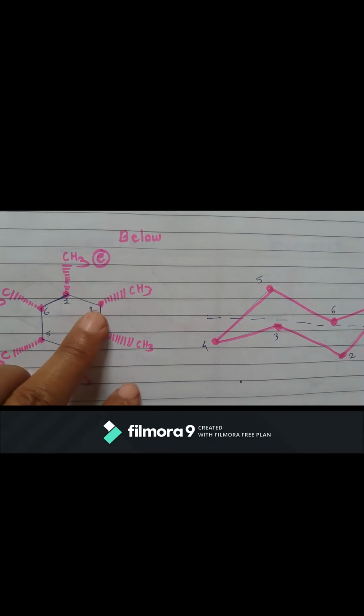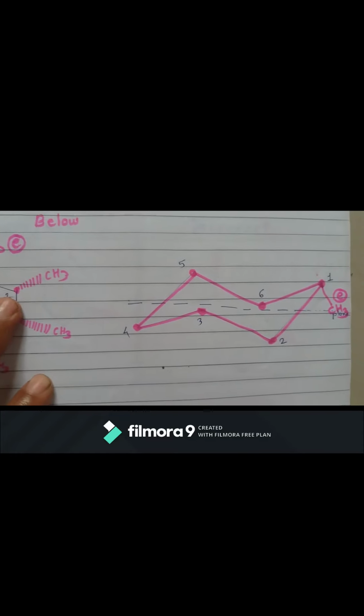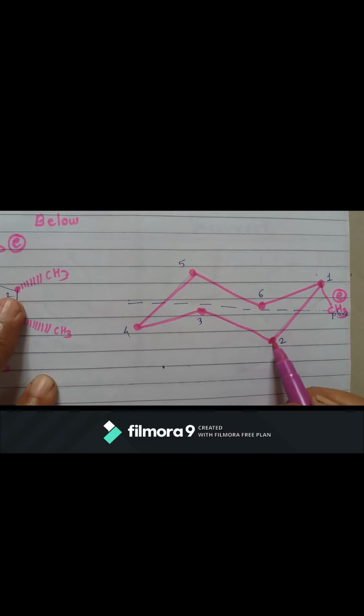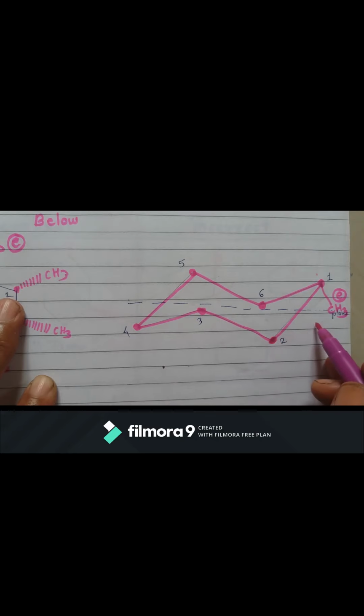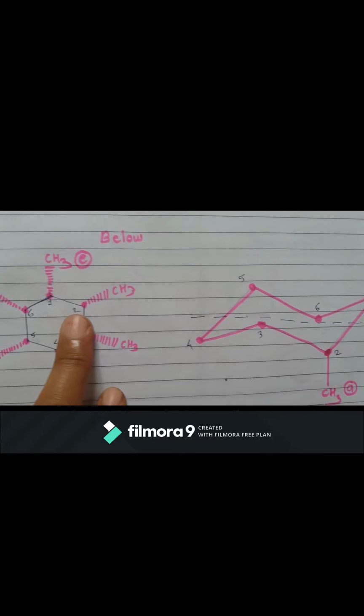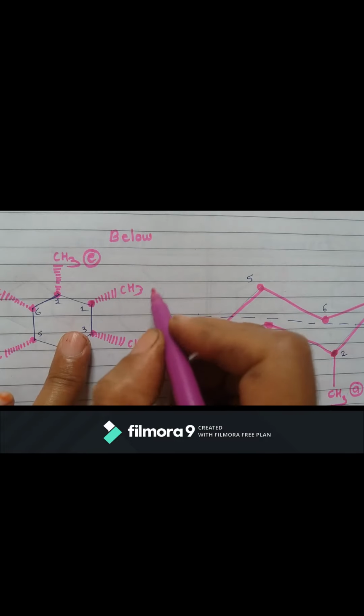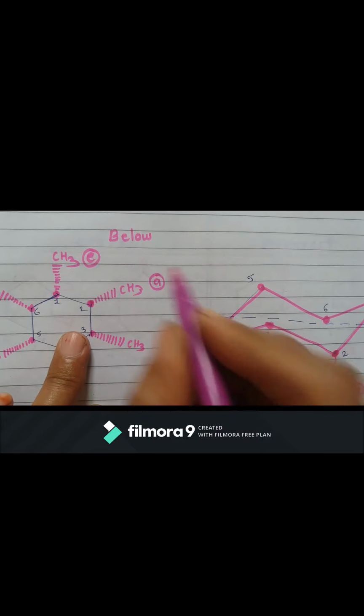Now we will go for second methyl group. Okay, second methyl group here, so below the plane. So this is the plane. Now if we will draw like this, it will look like it is present above the plane, so it's very obvious it will go below the plane. Okay, so second will go at axial position, and this one is below the plane of the paper. Okay, so below the plane, second one, so here I will write axial.